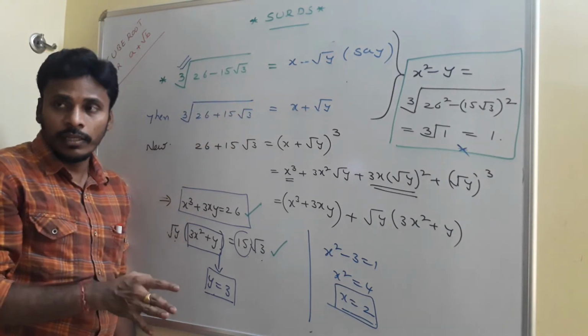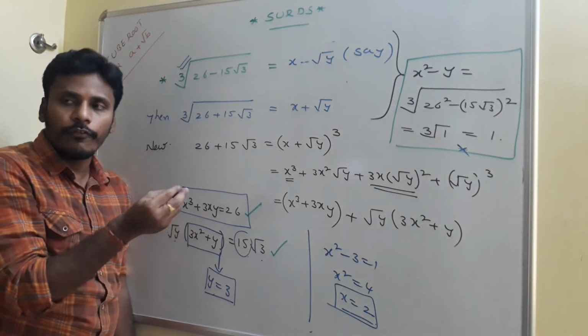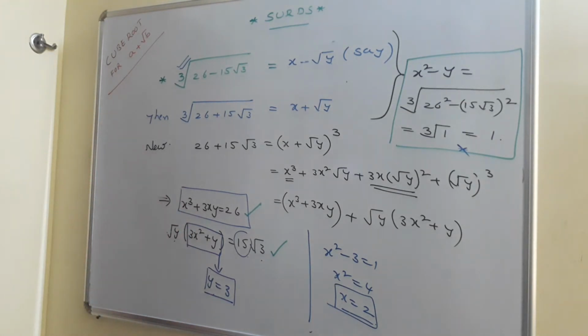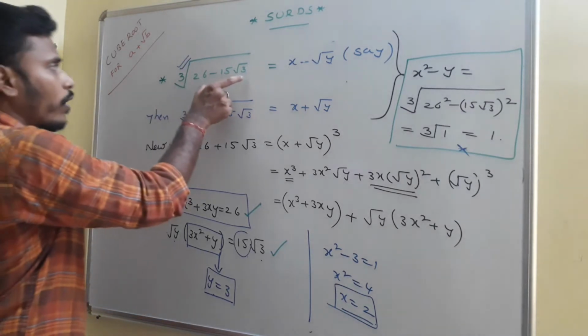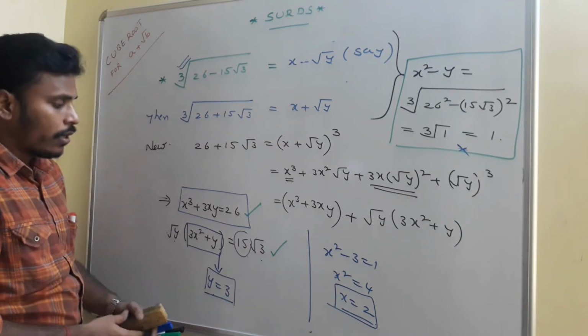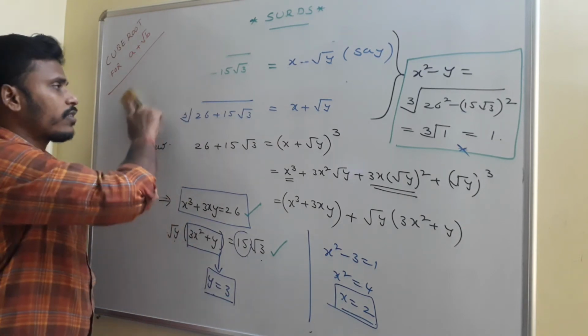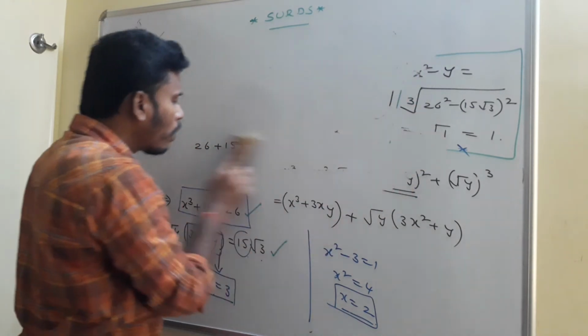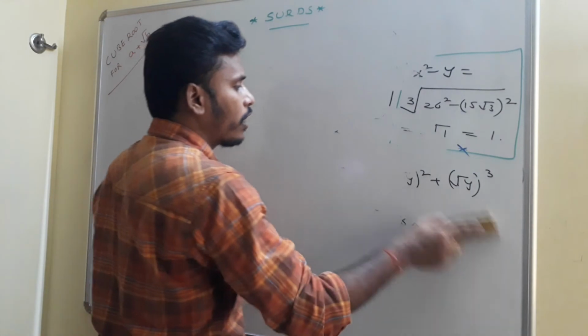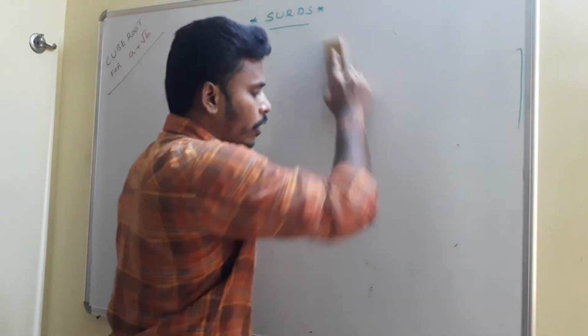There ends the task. Just have a look and I will give you a few things about these cube roots again. Just keep in mind that the cube root of 26 minus 15 root 3 is 2 minus root 3, right? So here my guess is y is equal to 3. Sometimes if my guess does not work, you may go on making different cubic relations or quadratic equations in terms of x and y to solve, right?